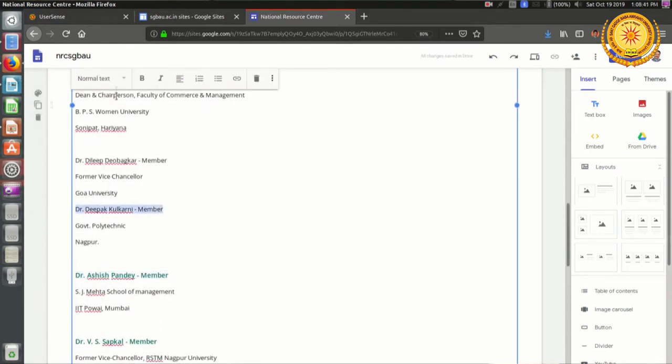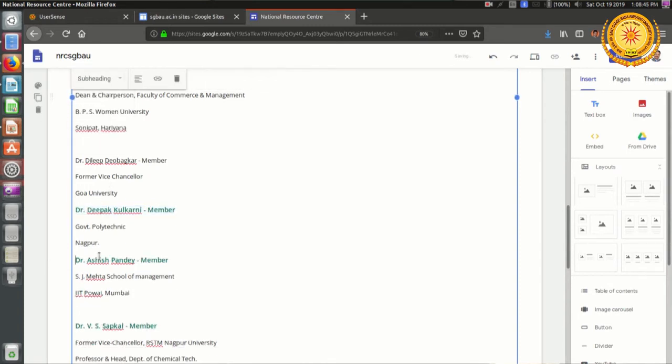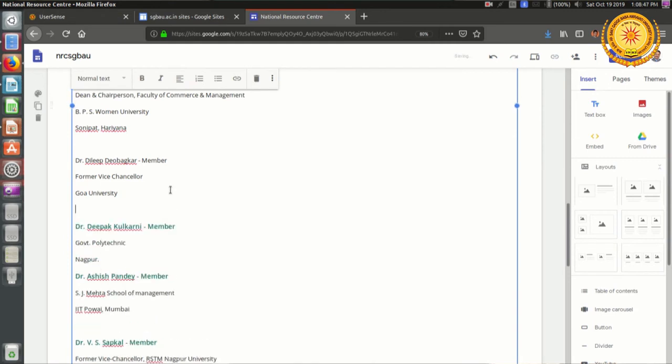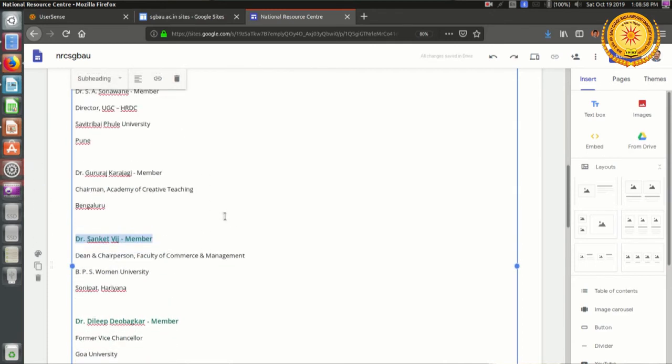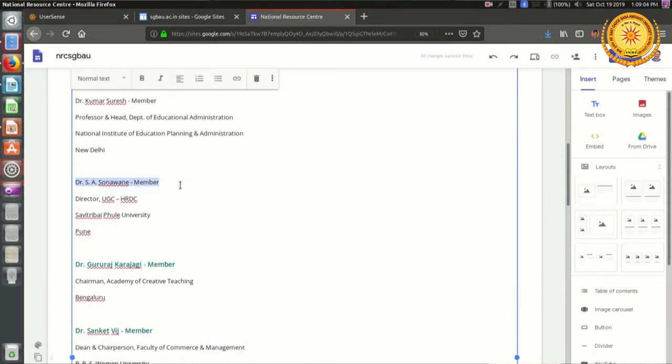This is necessary so that whatever information is displayed, it should be displayed very neatly.